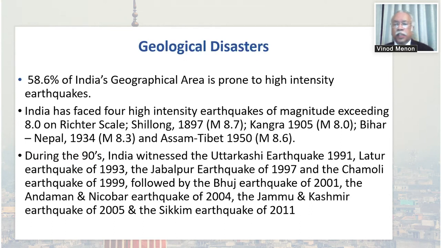Kangra in Himachal Pradesh, 1905, with a magnitude of 8. And the Bihar-Nepal earthquake of 1934, with magnitude 8.3. And the Assam-Tibet earthquake of 1950, with 8.6 magnitude. So now we feel that there is a possibility of a mega earthquake which could actually happen in the